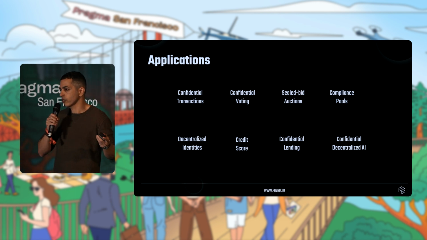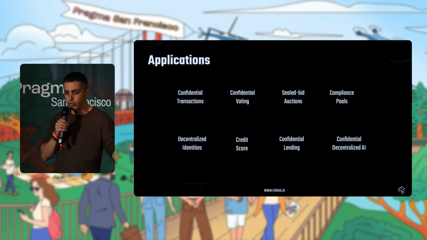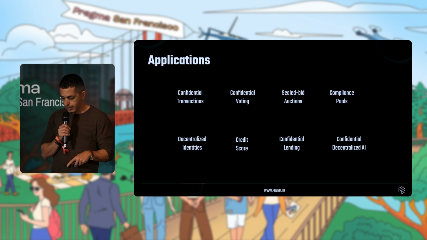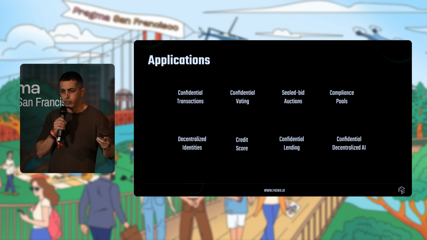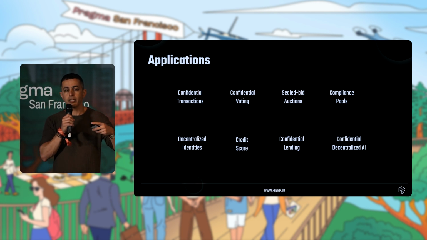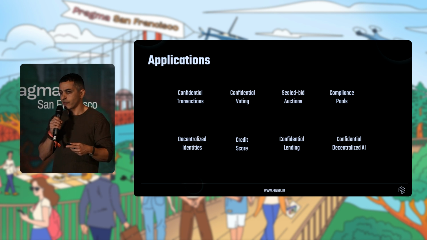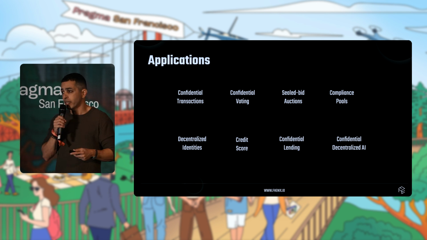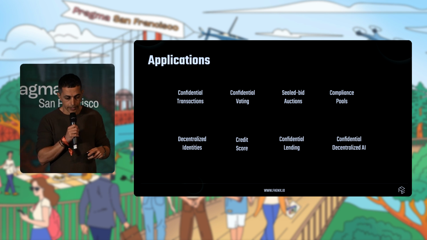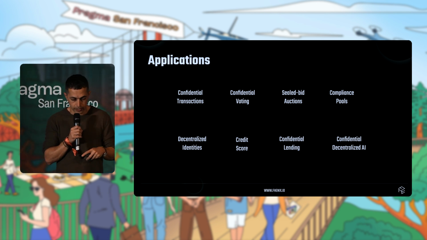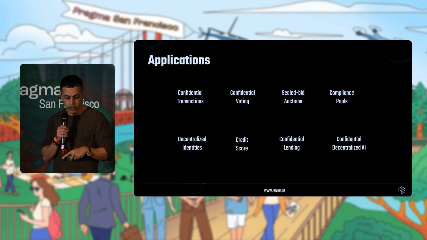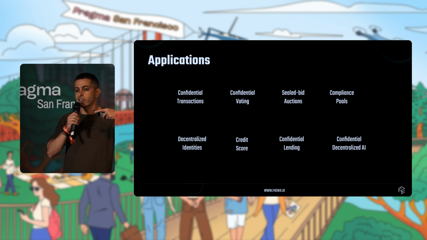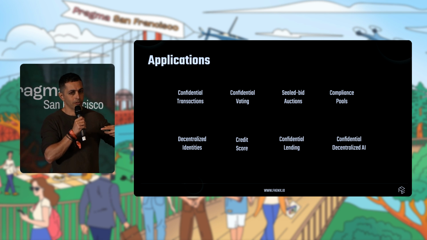Clearly, confidential transaction is a mechanism that works very, very well. You want to send a transaction from user A to user B. You can use FHE to make sure that the transaction itself is indeed encrypted. Similarly, with voting for DAOs, you want to maintain a voting that is private and not public. Sealed bid auctions, as I shared, for marketplace or for MEV. The right to do MEV extraction is something that has generated some interest. Compliancy pool.